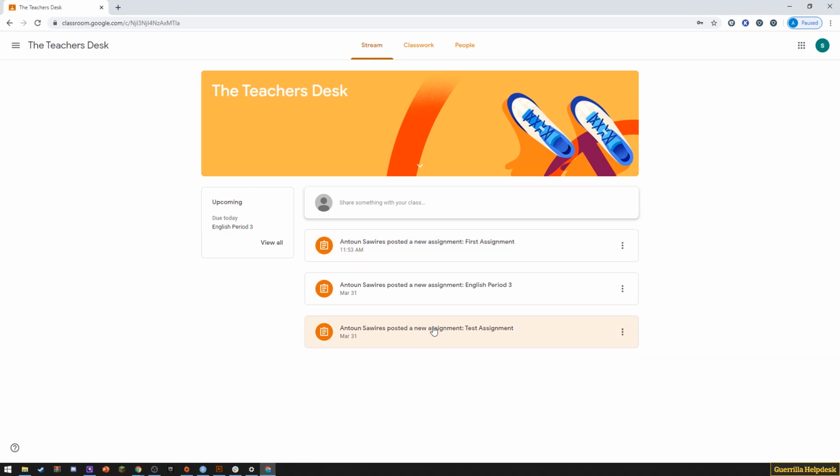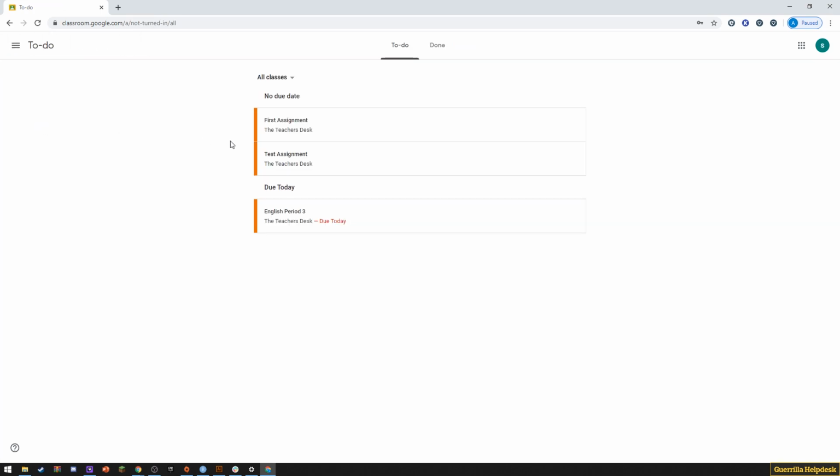Now, this trick actually comes from my 9-year-old brother. He found this out, and this was news to me. If you go to the 3 lines in the top left corner, you go to Do, you will see everything that you have to do in a single day or the next day. It'll show you everything from all your classes. But the most important thing, and the thing you might not notice immediately, is that you can sort by classes